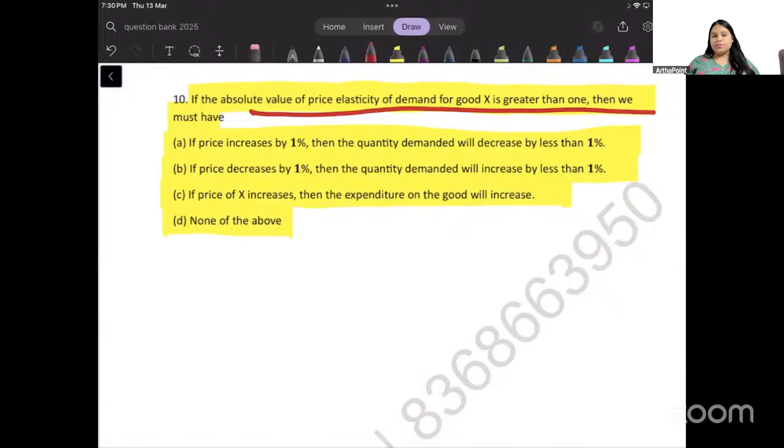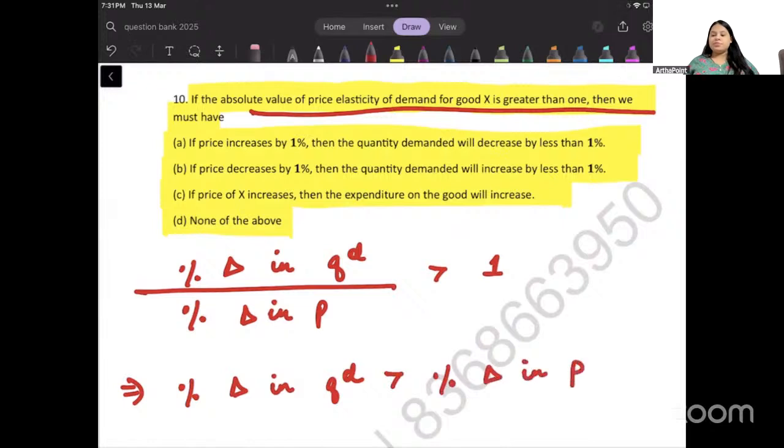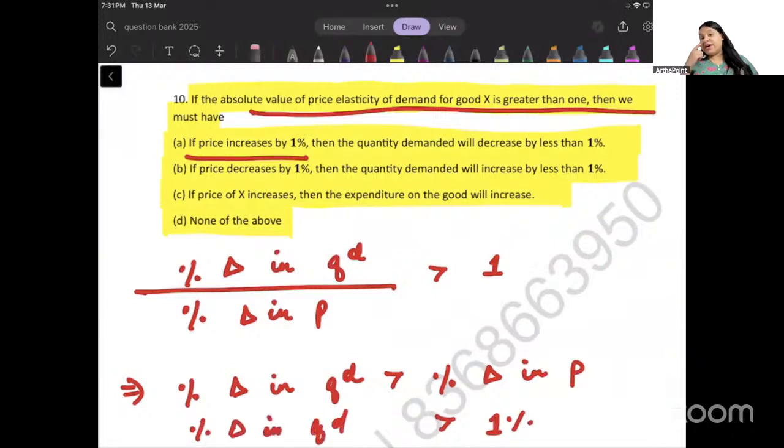What is price elasticity formula? Percentage change in quantity demanded due to percentage change in price। बेटा ये greater than 1 है। It means percentage change in quantity demanded greater than percentage change in price है। So if price increases by 1%, तो percentage change in quantity demanded should be more than 1। तो ये गलत हो गया। If price decreases by 1%, quantity demanded will increase by more than 1। ये भी गलत हो गया।